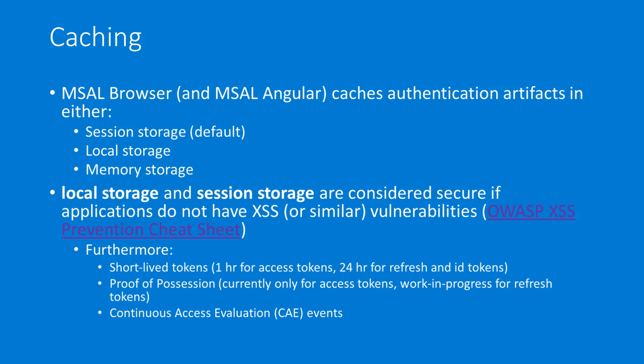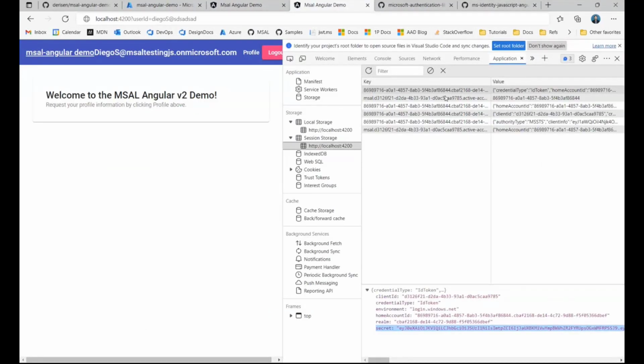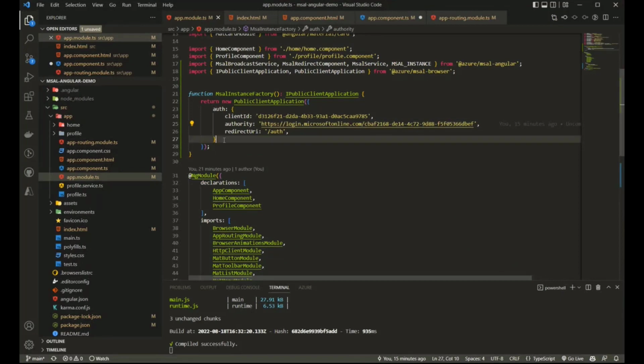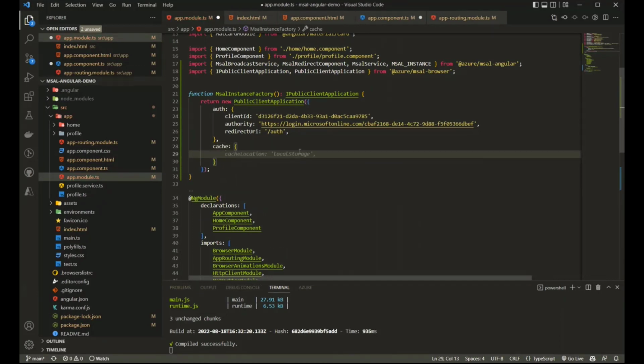We have some questions around caching, but it's better if you go and cover that slide itself. Sure. Okay, so I want to take back here and discuss more about caching. I showed you this cache that MSAL is keeping, but what are these things and is it secure? And what are the possible options for caching that you can use? Caching is configured in the public client application instance we have here. Under the cache field, you can specify the cache location. So far we've been using session storage, but you can choose another option.